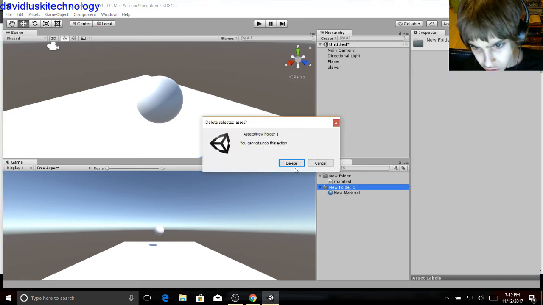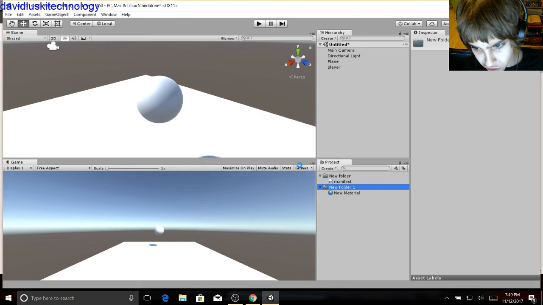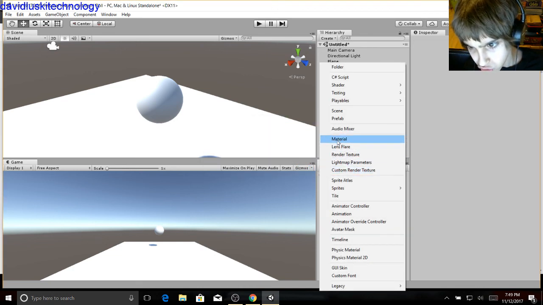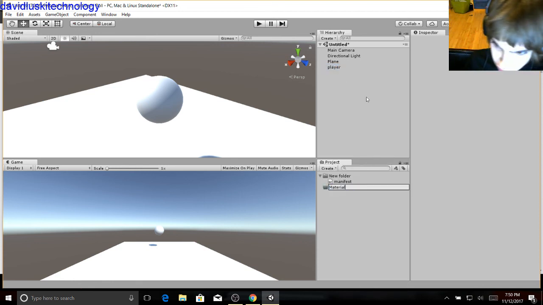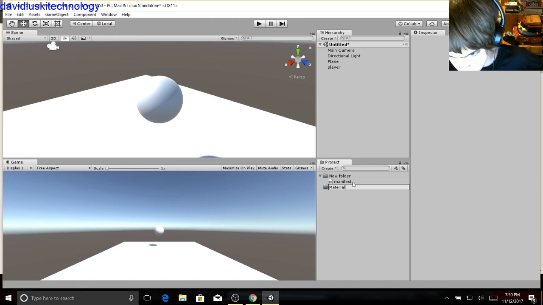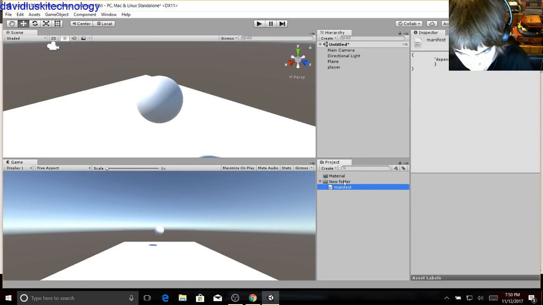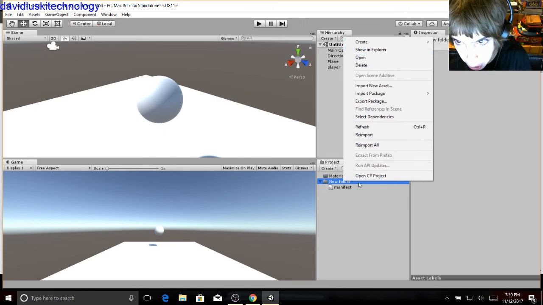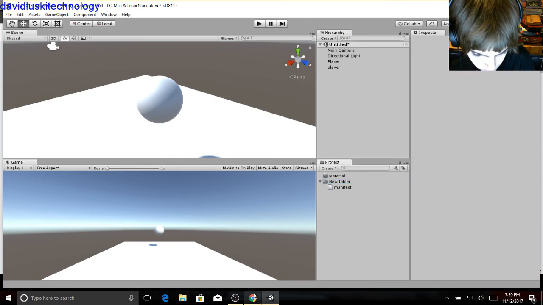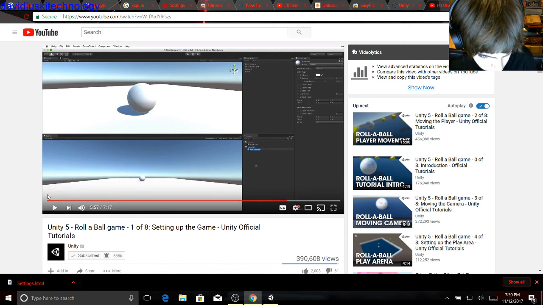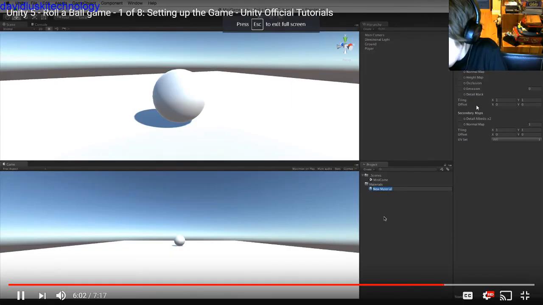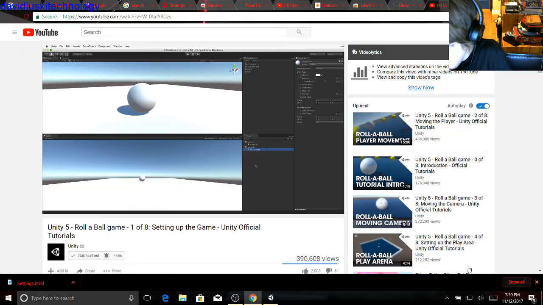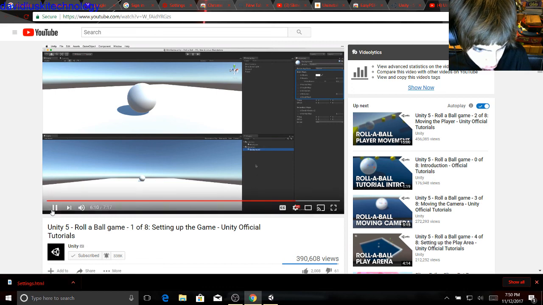Okay, I have to delete that, or try to delete the folder. You can undo this section. Yes. Folder. And after doing that, it still shows that up. This is because we had the folder selected when we chose to create our new material. Rename this material Background. Select the material, and under Main Maps, the first property is